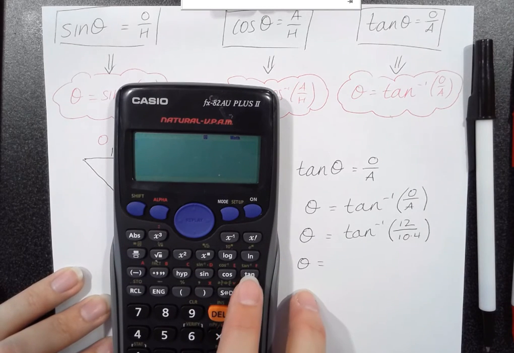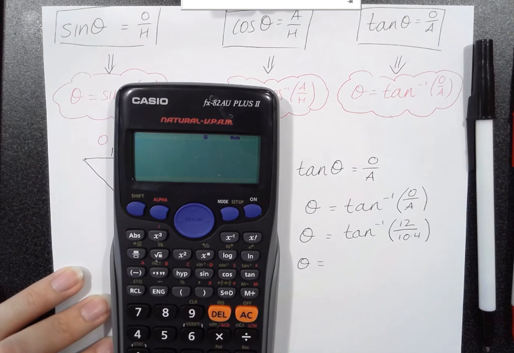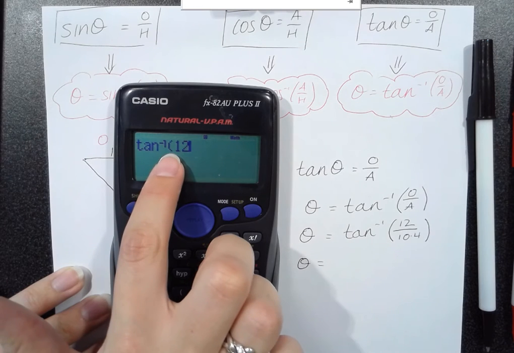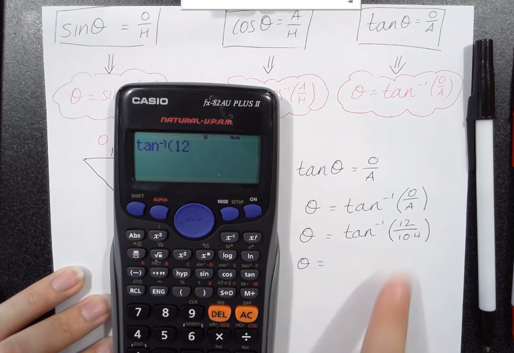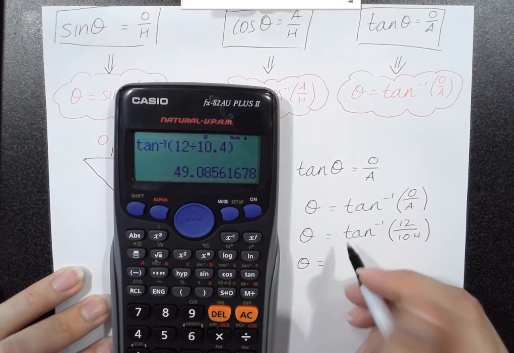Tan is over here, and if you have a look up the top there, inverse tan is just above it, so I'd need to press shift or something like that. Okay, so shift tan will give me that inverse tan on the screen. It actually opens the bracket for you, which is really good, so you can see that. So I can then type in 12 divided by 10.4, shut my brackets and press equals, and I will get a number there, and it's